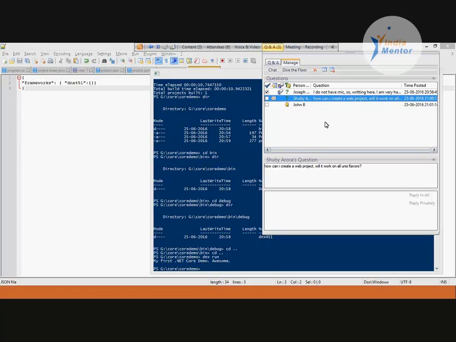We'll also talk about why it'll work on all Unix flavors and how you can create it, but for the purpose of today's scope, we'll just try to create something within Visual Studio, and I'll walk you through what the entry point for .NET Core is, how it is a little bit different, and how it is the same. So that takes care of a few questions here.